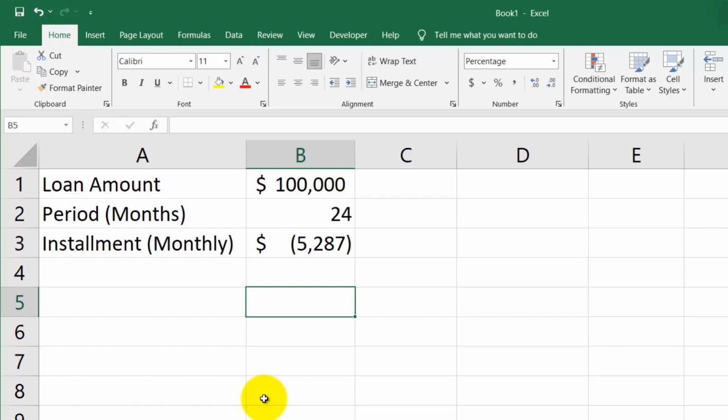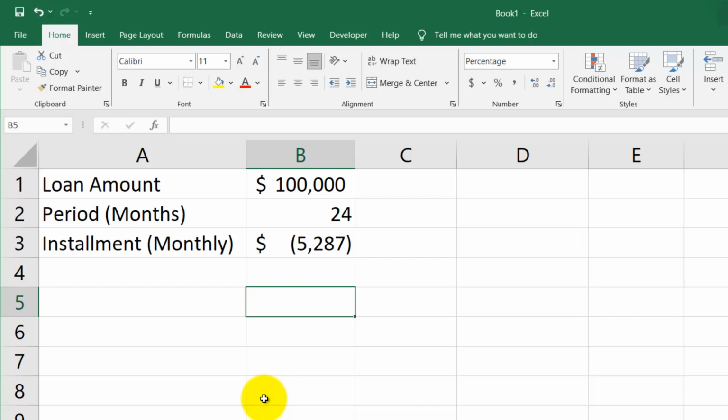Now let's see the interest rate applicable for a certain bank loan. So here I have taken an example. The loan amount is 100,000. The payment period is 24 months. Installment per month is 5,287. Here I want to calculate what is the interest rate charged by the bank in order for me to get